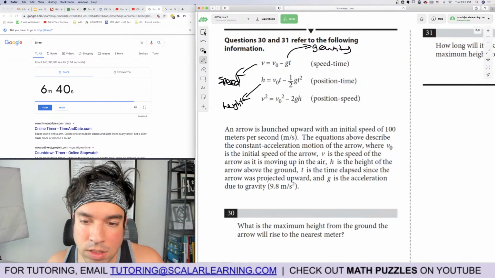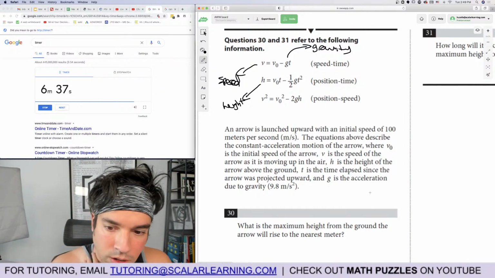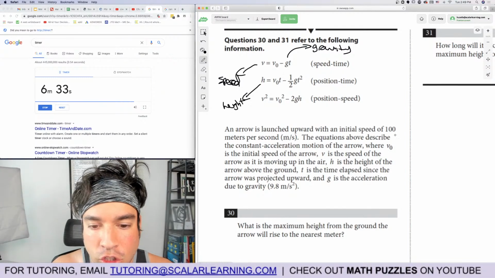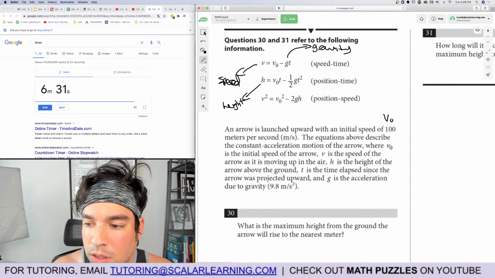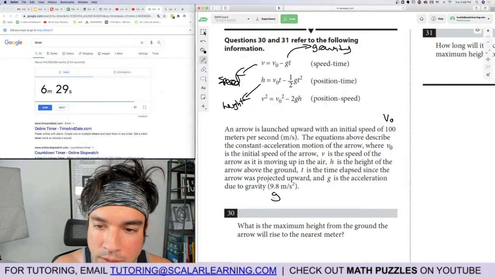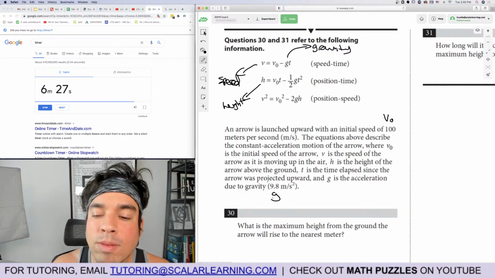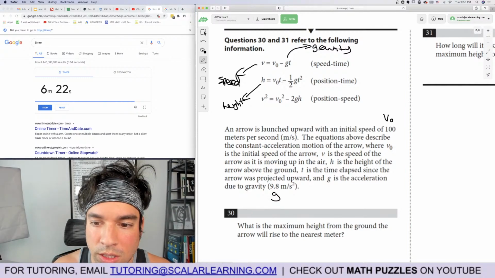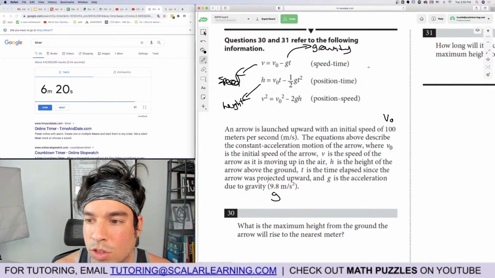Okay, hold on. Maximum height. Oh, and g is 9.8. And initial speed is 100. Okay, so we got variables there. So then hold on, let me think. So maximum height, we want this guy. So height equals 100